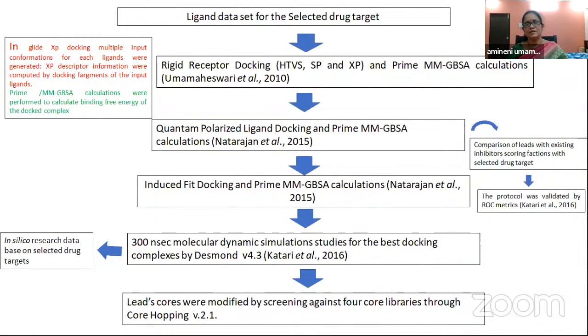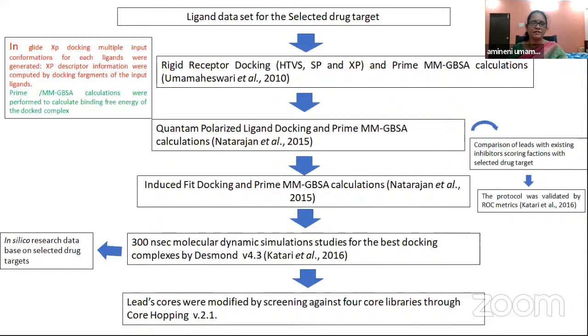To check different conformations, we need to do molecular dynamic simulations. Generally, in our lab, we do 300 nanosecond molecular dynamic simulations. With this, we get 30,000 different conformations of protein and ligand. In each and every conformation, we can see how the energy of the complex behaves, and the RMS deviations, RMSF calculations, and interaction plots also we can see. And finally, we can propose the lead molecules.